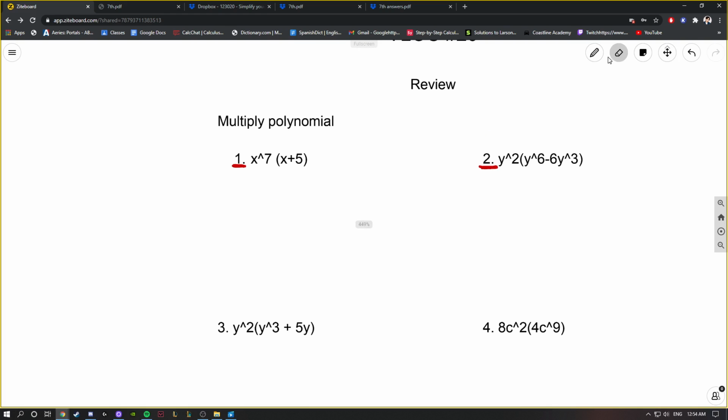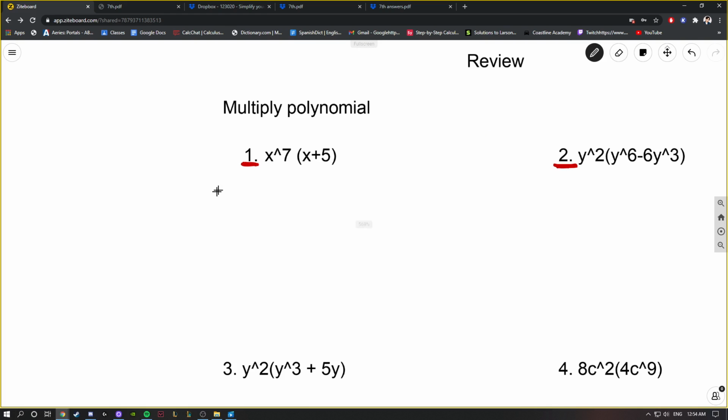We have x to the 7th power times the quantity x plus 5 inside the parentheses. So here we have to distribute, which is multiplying the number on the outside, which is x to the 7th, times both of these numbers on the inside. So first, when we do x to the 7th power times x,